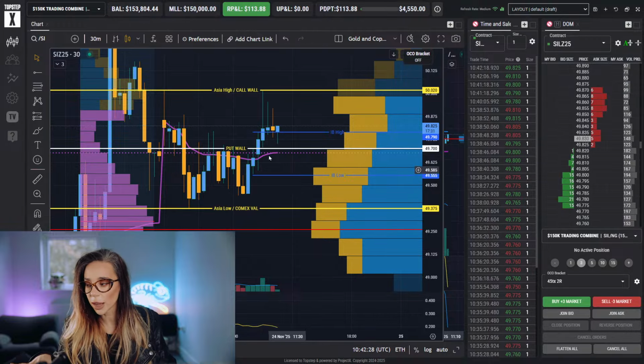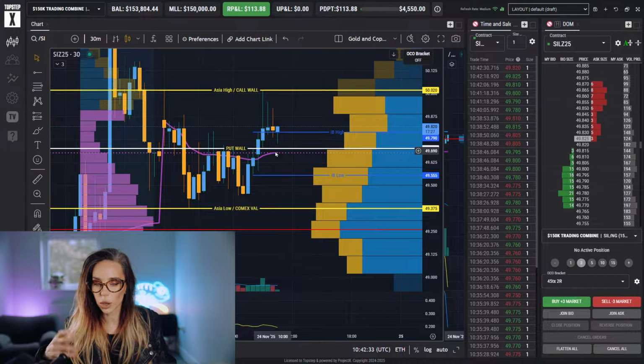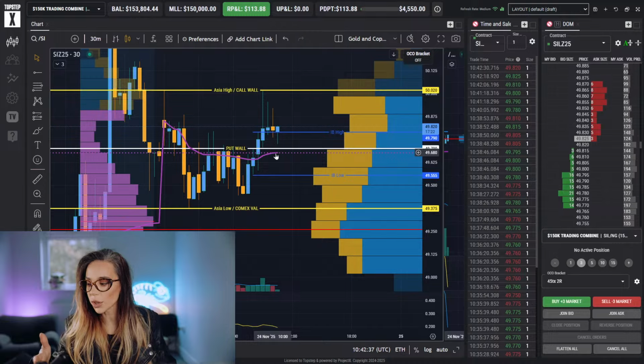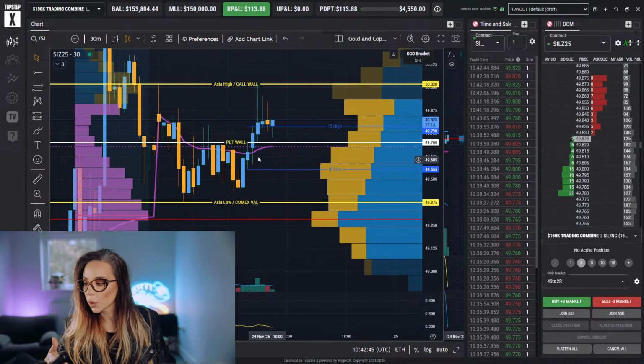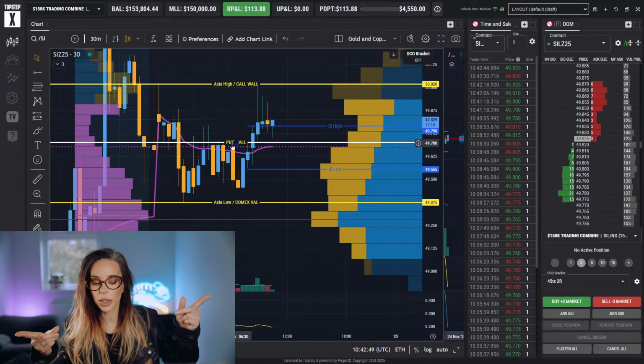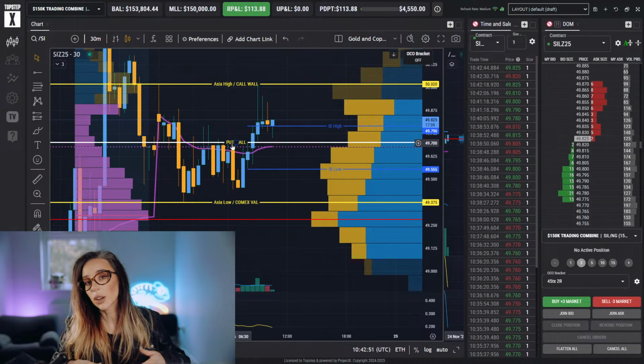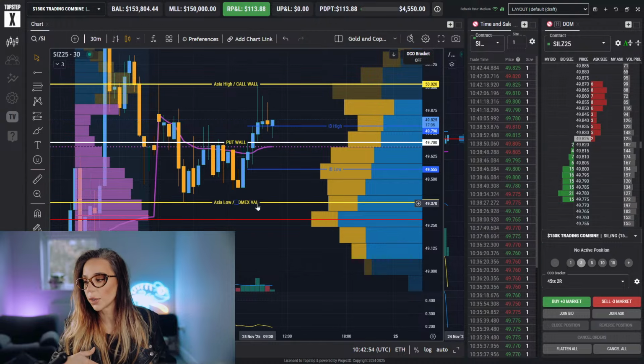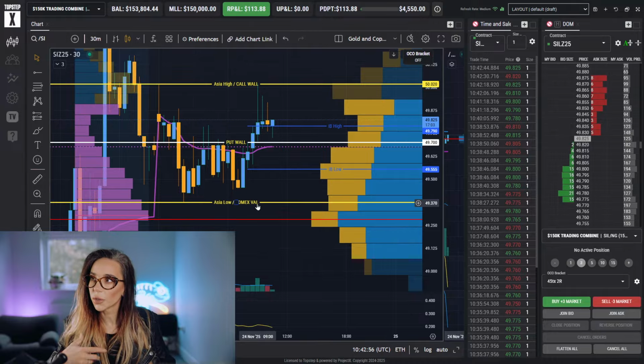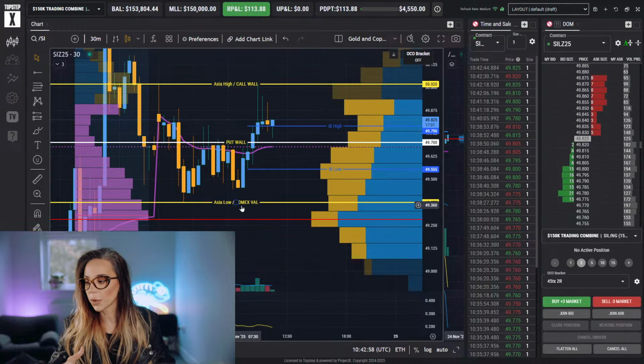Problems with that today: we have a put wall, we have VWAP, both of which show there's open interest right in the middle, so not ideal. If that goes, it gives you maybe a bigger swing down to the Asia low area. At that point, when we get to Asia low, we would have extended the initial balance to both sides. That actually increases the probabilities of fading it the other way from the Asia range.